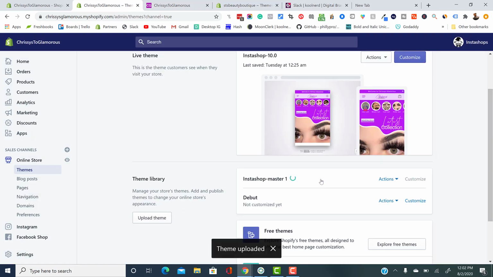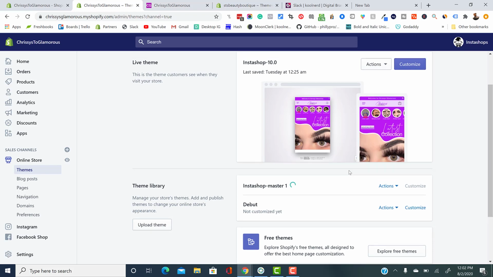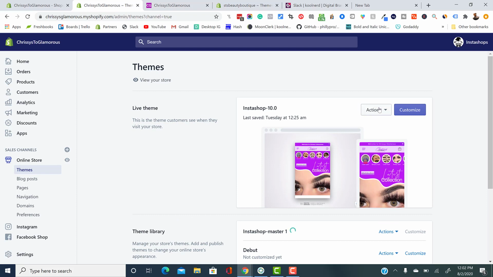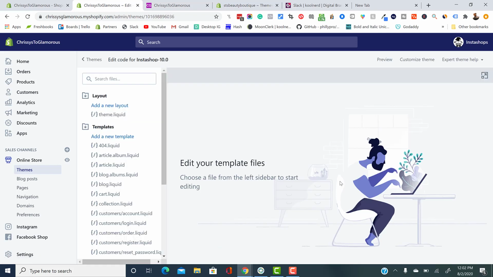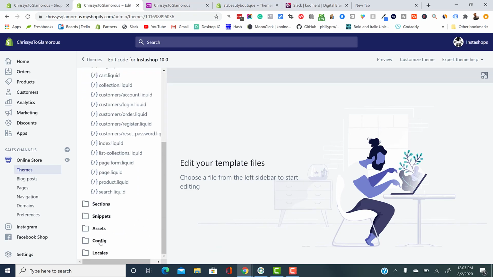So now that I dropped the new theme there, I basically have to wait till this loads up. All right, and it's almost done, so then I can just wait till it loads. All right, it's done. I click actions, I click edit code, and then I scroll over here to my left and I select config. I select settings_data.json,